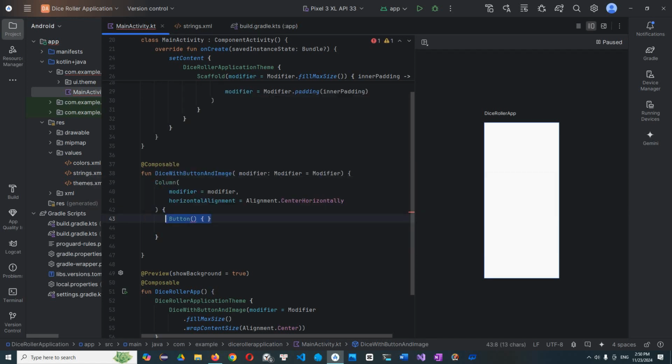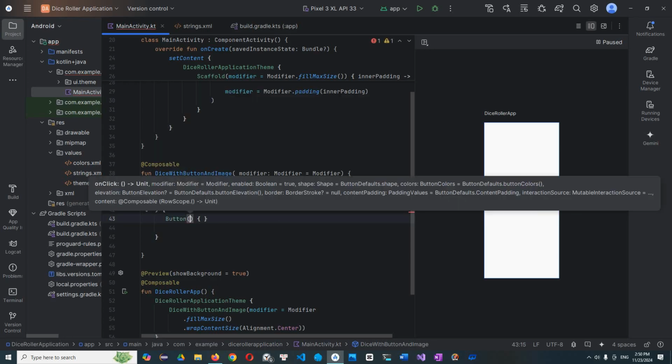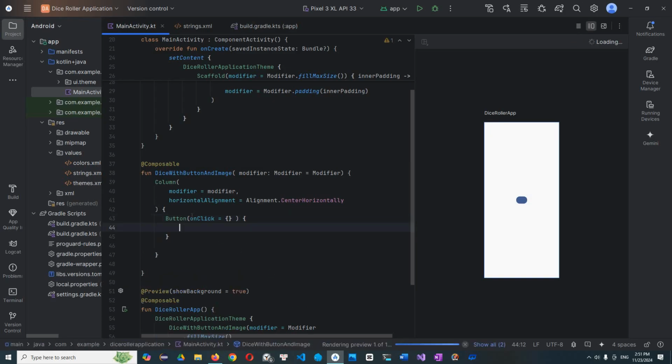Oh, not? Why? Just create again. No. Okay, on click. So it's not a tag or something like parenthesis. It's a lambda in the on click,